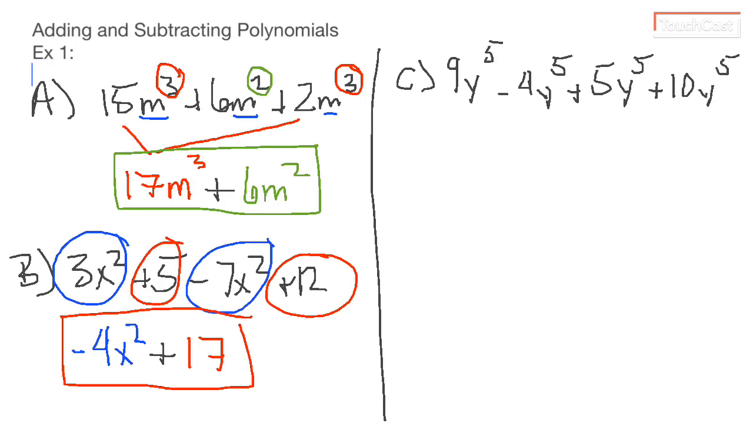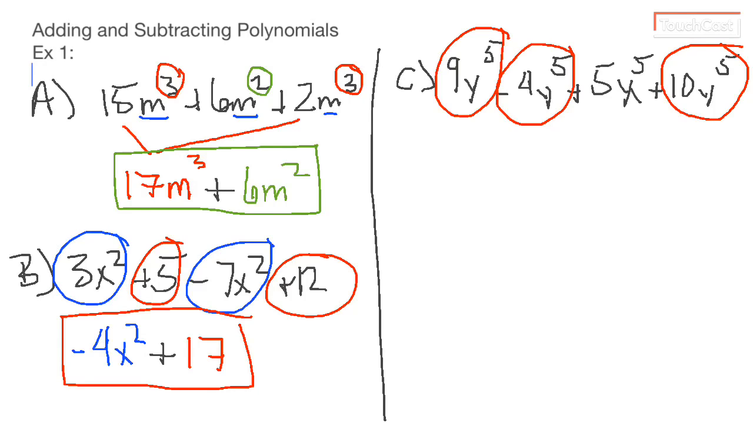Now, all of these terms have the same variable. Excuse me. I actually meant to make this a 5x to the 5th. So not all the terms have the same variable, but 3 of them do. 9y to the 5th minus 4y to the 5th and 10y to the 5th, while this 5x to the 5th is our oddball out. So we're going to go 9 minus 4, which is 5, and then we're going to add 10 to that to get 15y to the power of 5